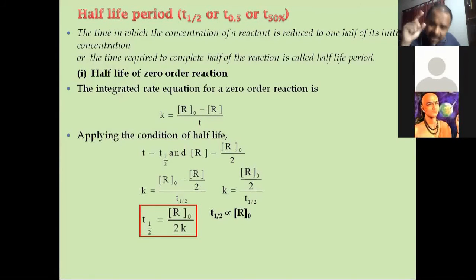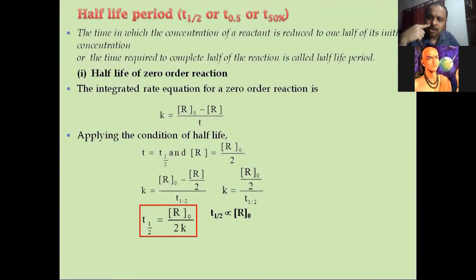Now, again, I'll start the same reaction. I'll not take 2 mole this time. What do I take? I'll take 4 mole. Instead of 2 mole, I've taken 4 mole. Then what would be the time taken for 50% completion? 10 minutes. Sure? Yeah. Why? It's directly proportional to R0. Time is directly proportional to R0. Okay. So for 2 moles, 50% completion is 5 minutes. For double the concentration, double the time will be taken.